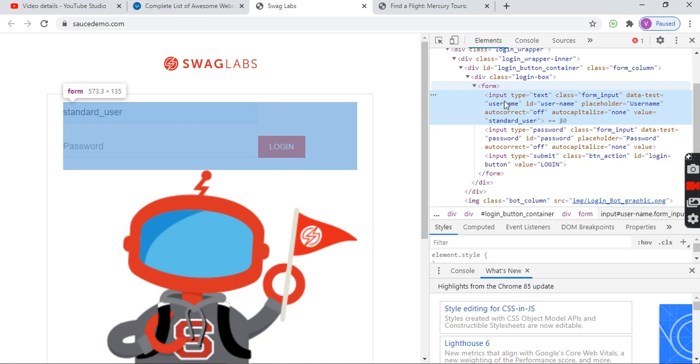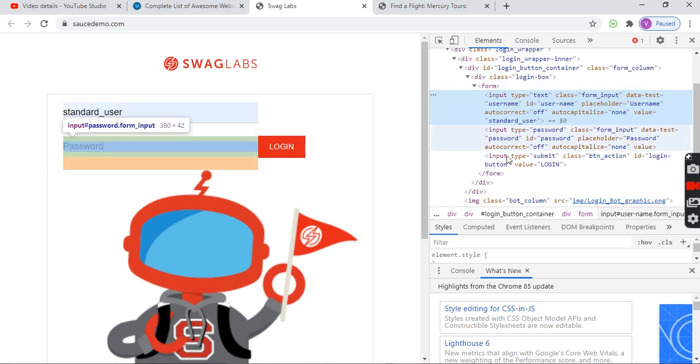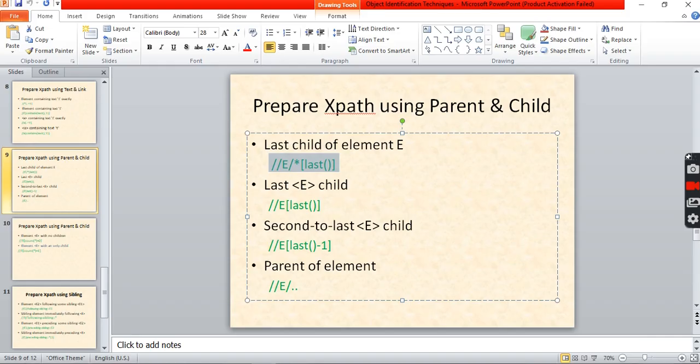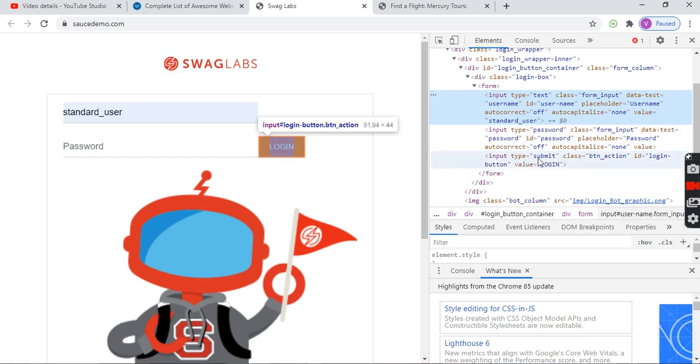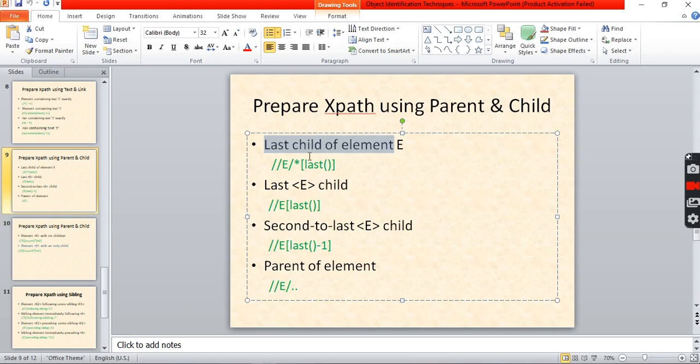So form is the parent, and input 1, input 2, input 3 are all children. Our technique says last child of element E. This is the last child, which means the login button. So we are going to identify the login button with the help of this technique.